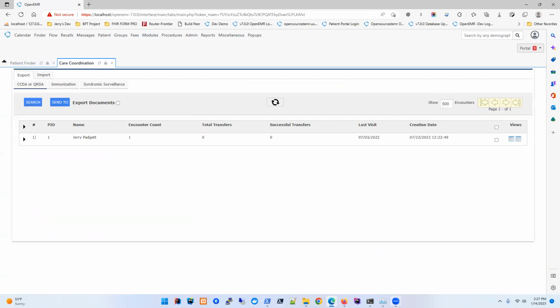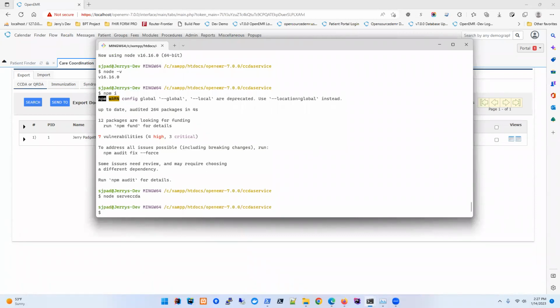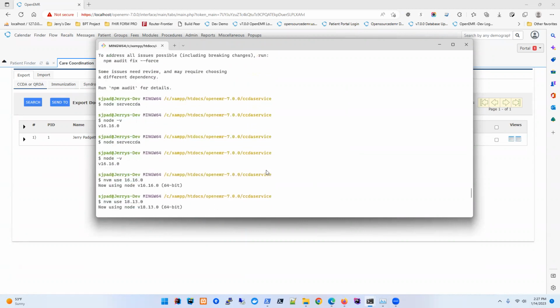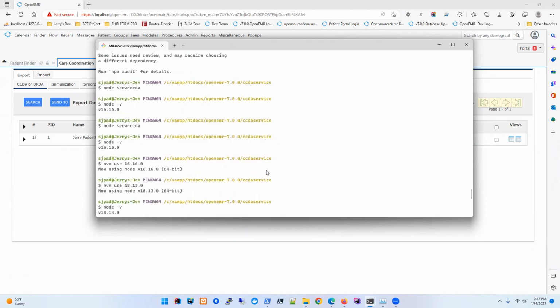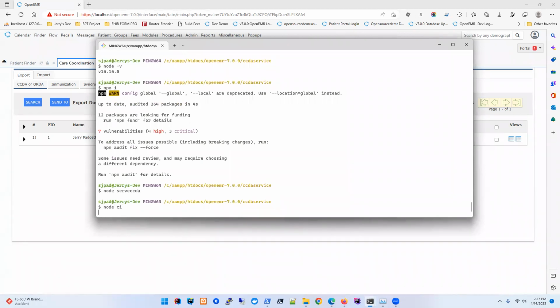So to go back, I want to make another point here. If, for instance, the service isn't running, or it won't run, or it runs and you can't generate a CCDA, then what you need to do is just do a clean install, because we know it's compiling. And I'll show you what happens when it won't compile here shortly. But you come back and do a node clean install, which will,